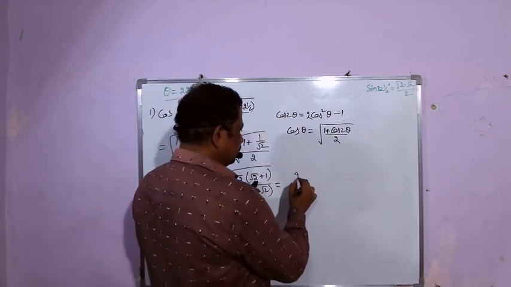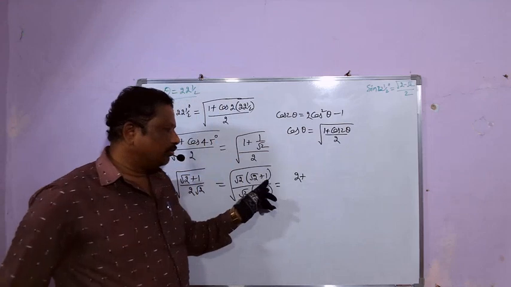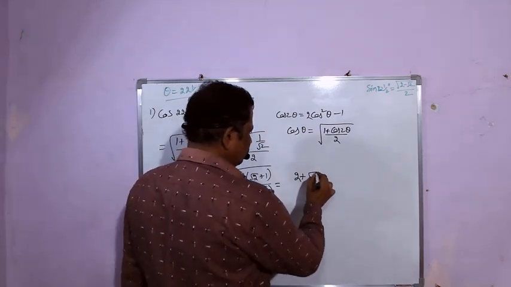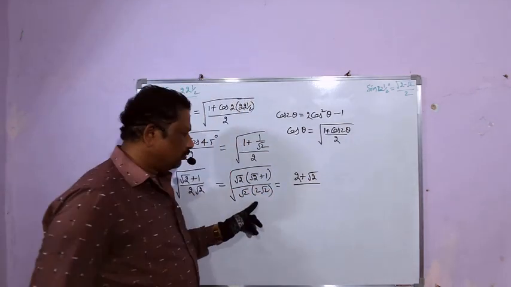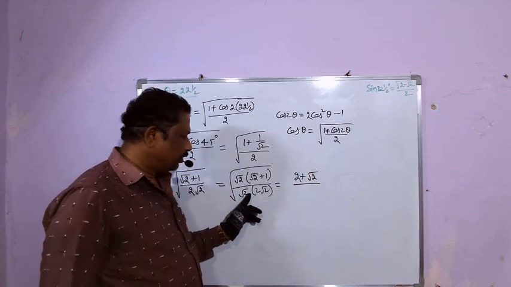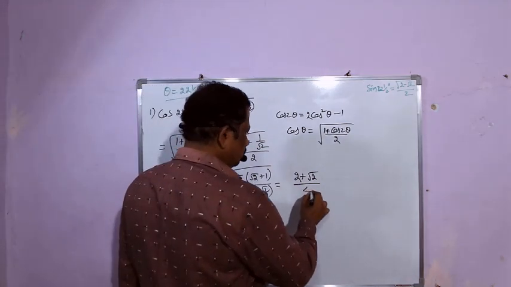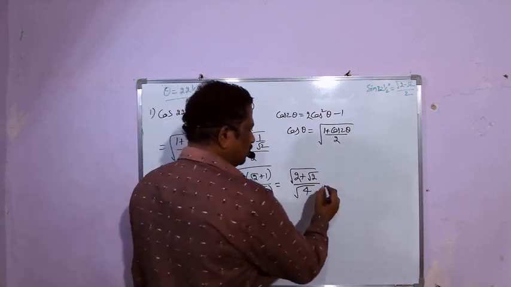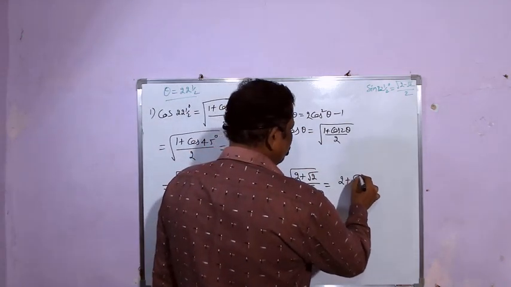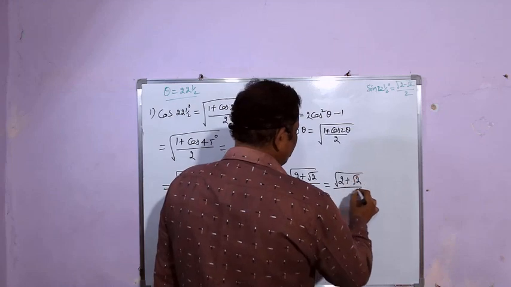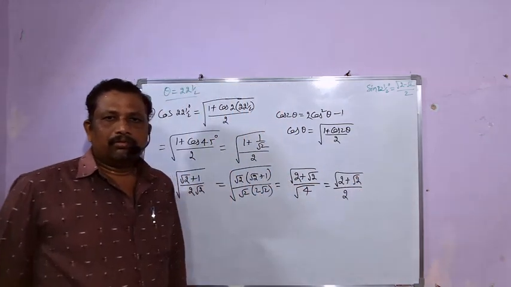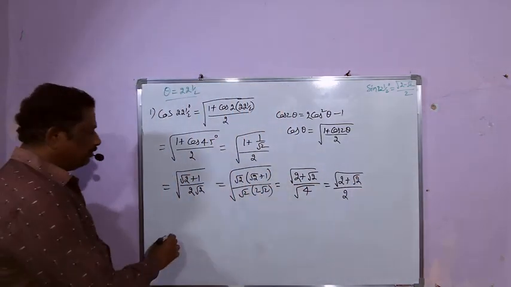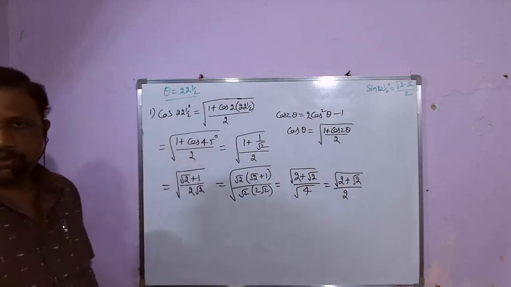Next, root 2 into 1, root 2 only. Here root 2 into root 2, 2, and 2 into 2, 4. Separately I am writing root for these two. So that means under root of (2 plus root 2) divided by root 4, value 2. Therefore, cos 22.5 degrees,